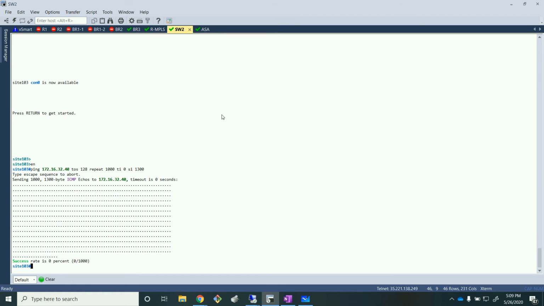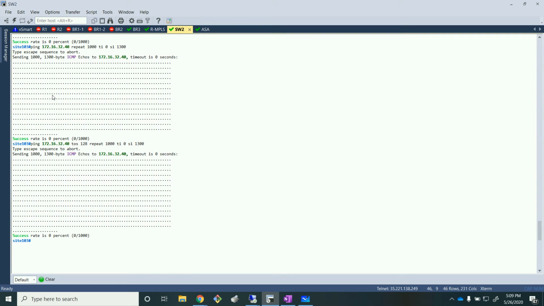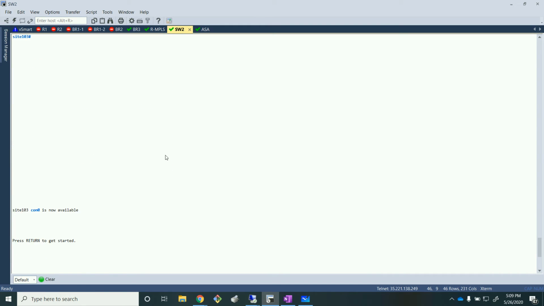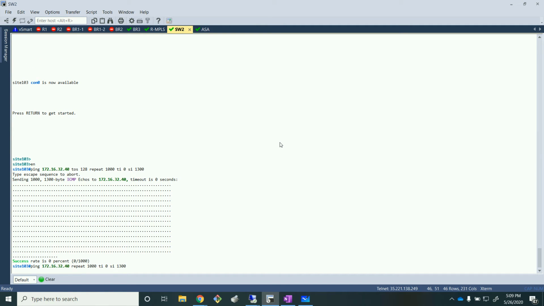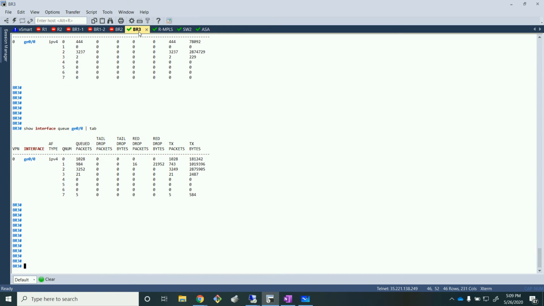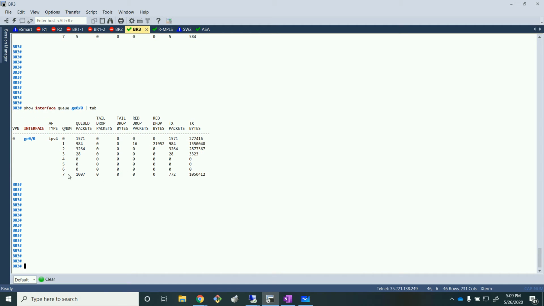So we can also do the same thing for Q7 as well. For Q7, we should have the same output here, somewhere here. Okay, so this one, let's just run this again. There you go. So this is for the Q7. We are sending in 1000 pings, right? So if you refresh this now, there you go. We have the packets going into the Q7 as well, which is very much in line with what we wanted to do. We can also test our Q3,